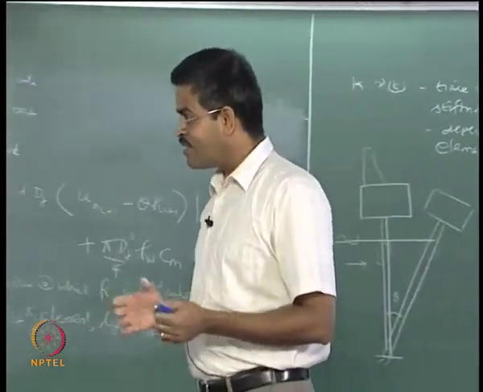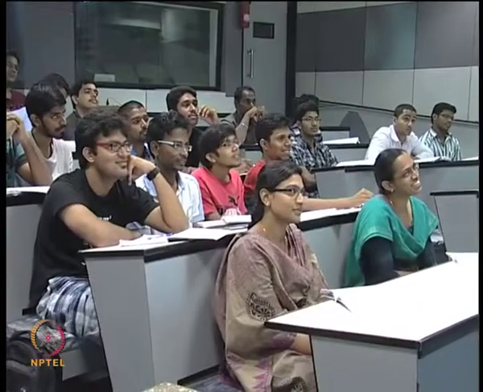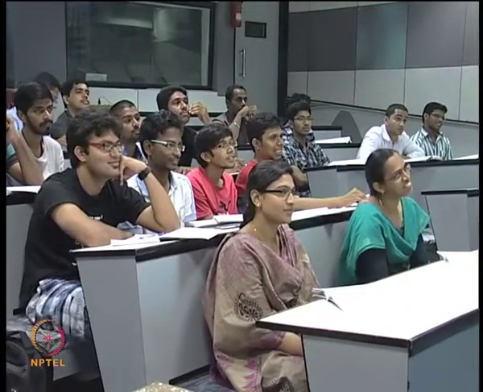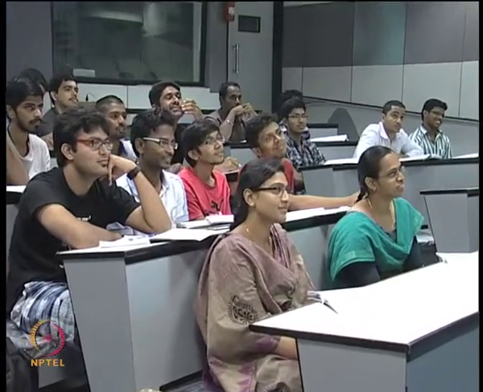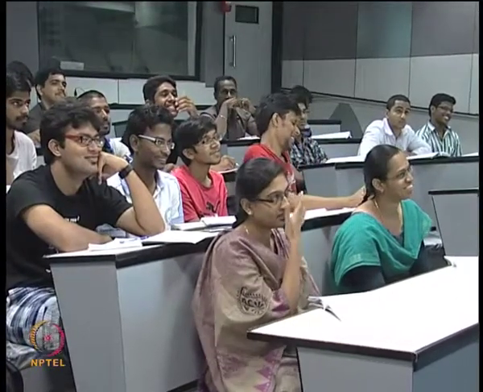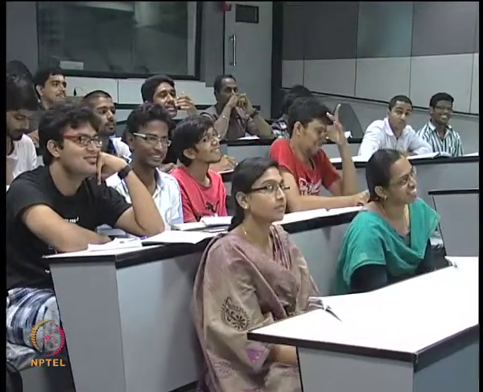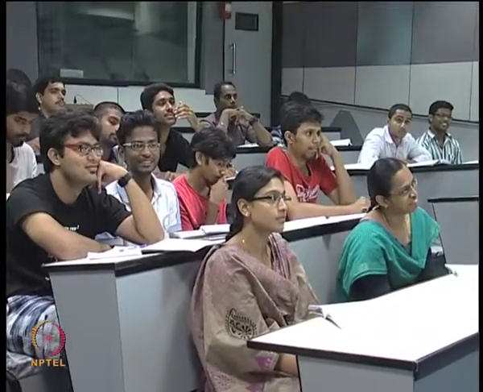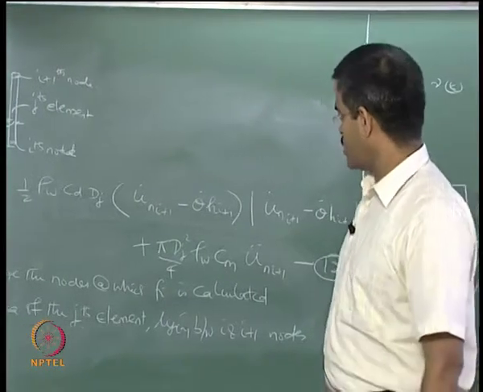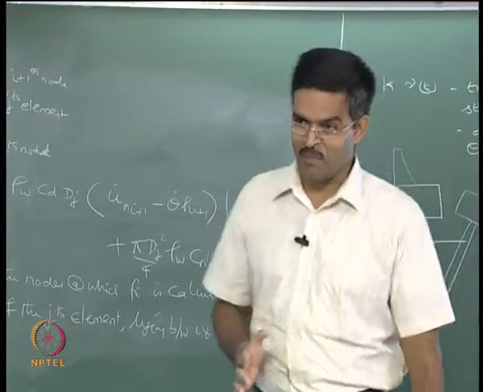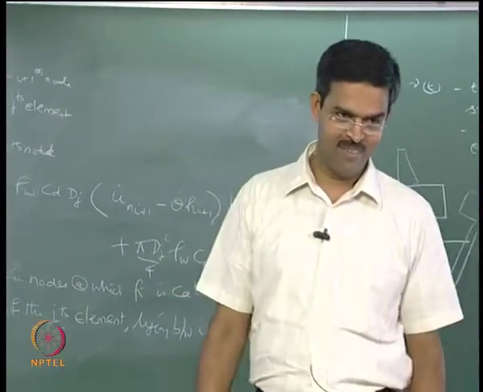So there may be a large amount of audience which may feel that okay sir, as long as you are writing on the board, as long as we see it on the screen, as long as you are promising us the results, we have absolutely no problem at all, because we agree whatever you say. The results are fine, equation of motion is agreed, because I see some 2 zeta omega terms there, I understand Cc as a ratio. So all these are appreciable, I am able to get those ideas, and you have explained some complex terms as beta of t, nu of t in the derivation here, though I have not understood completely, but still I will try to understand them, but I think they are here with me, I can always read it.